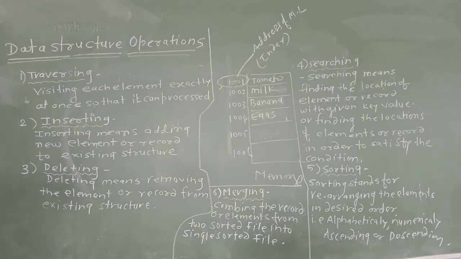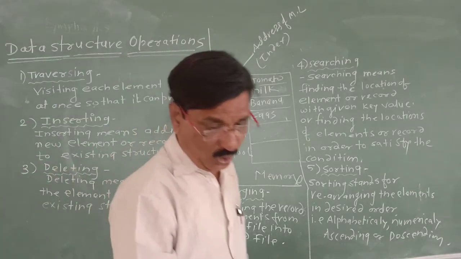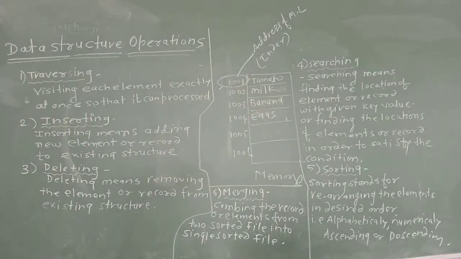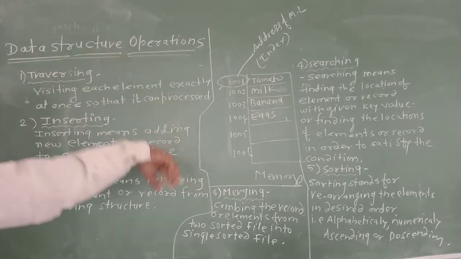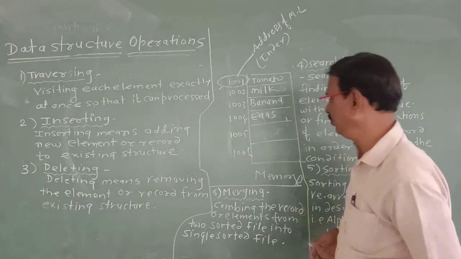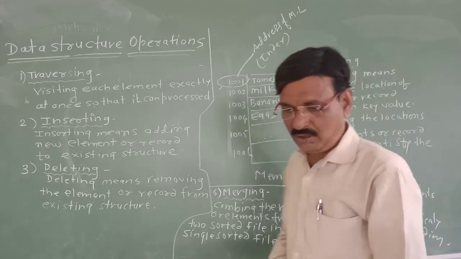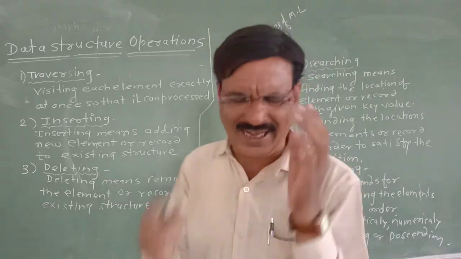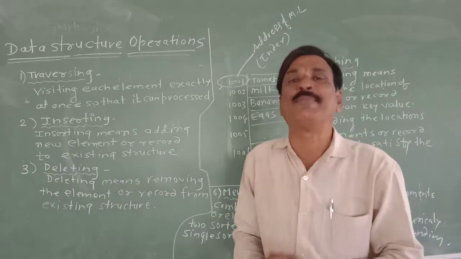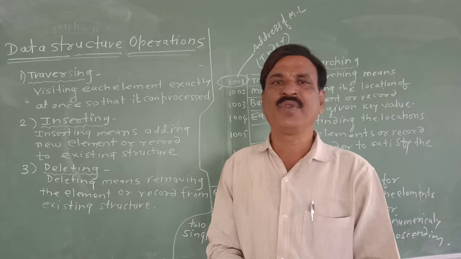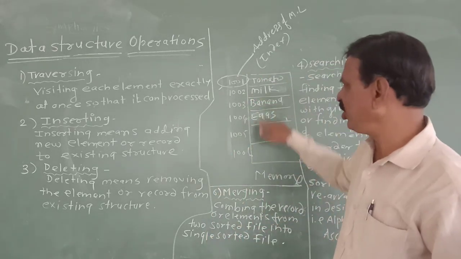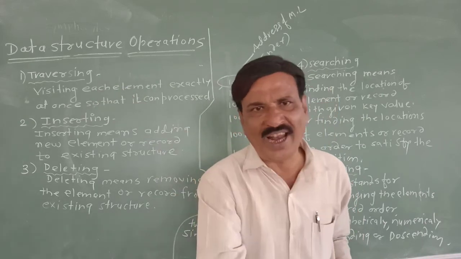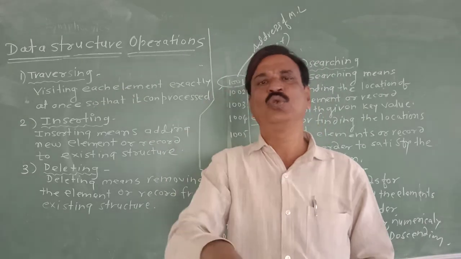Now look at these data structure operations. Tomorrow we will see the data structures one by one. Tomorrow we will see list. Then we will carry out all these operations over it. So the question arises, how to carry out the operations? You have to write down some steps. That is called an algorithm. That's why the data structure is a list, and the operation is, suppose, traversing. How will you write it? That is the algorithm. Tomorrow we will see it. Thank you.